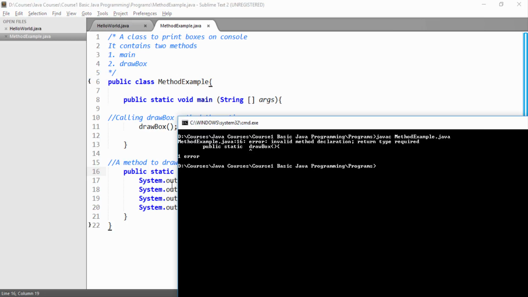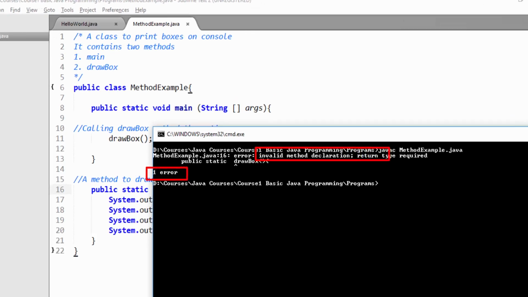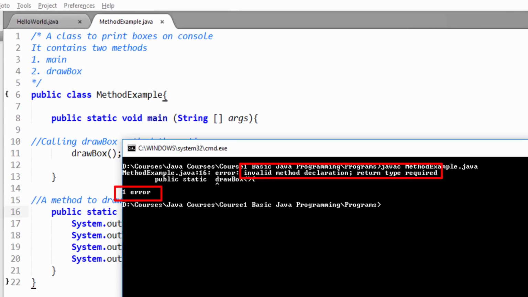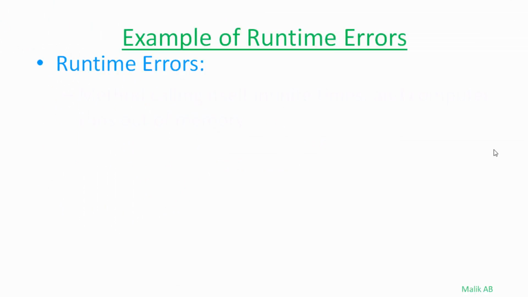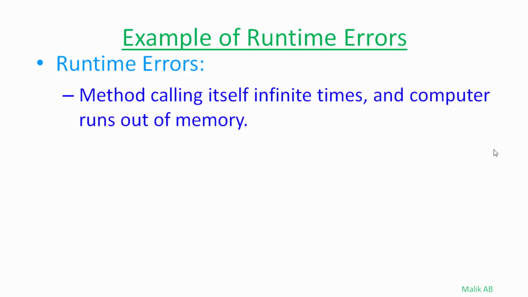Try to compile this. Here you can see we have 01 error, and the error is in the MethodExample.java file line number 16, and the error is invalid method declaration, return type required. So a return type is required to declare our method, and here it is showing that before this code a return type is required. Now we will talk about runtime error, and we know our code will be compiled successfully but the program